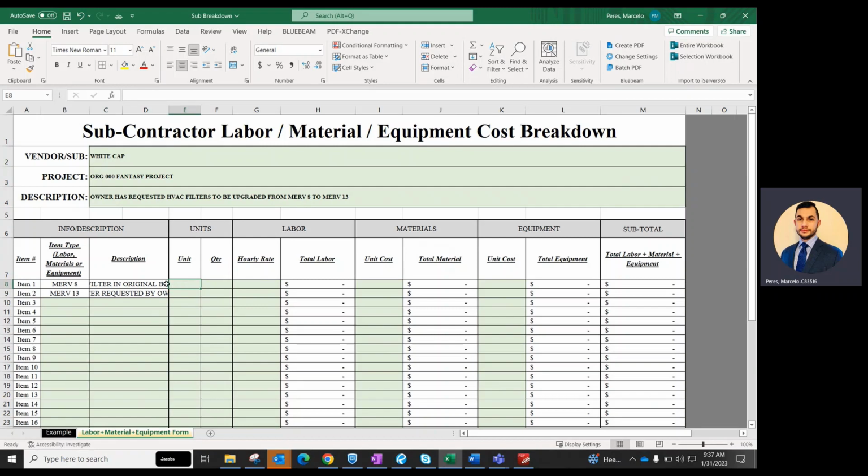So we'll say originally there were 3 MERV 8 filters, and you're crediting the owner back, so that's -3. Now 3 new MERV 13 filters. Those are +3 items. Actually, this is incorrect. It should be the unit, right? And the unit is each. Okay. Quantity 3, -3 and 3. All right, so